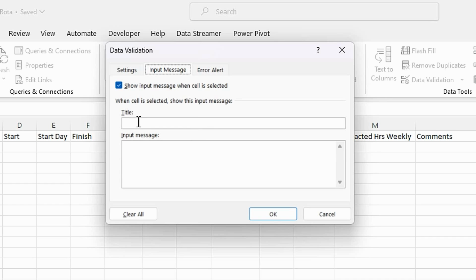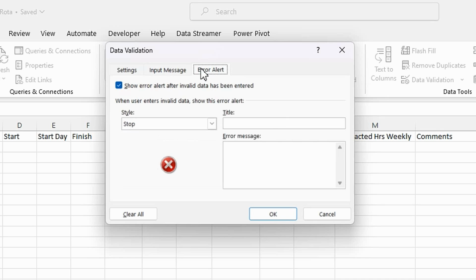And then I'm going to put here a prompt, select a team member from the drop down list. And I'm just going to select that,